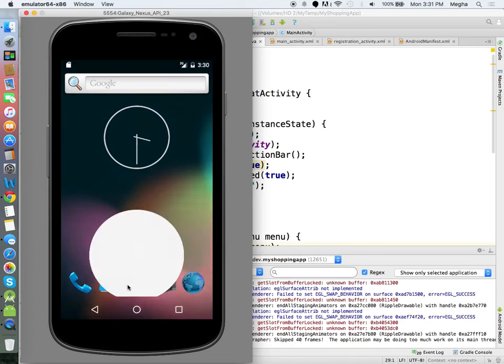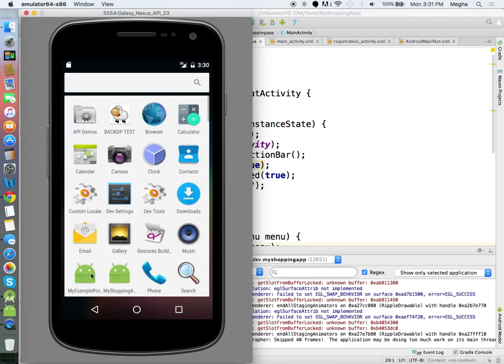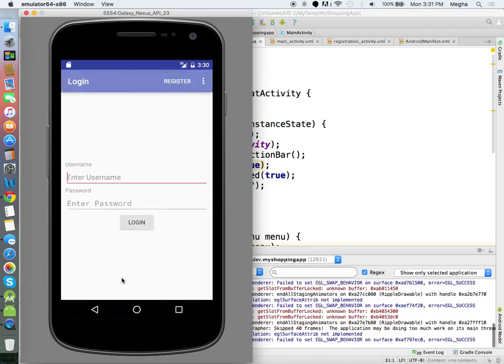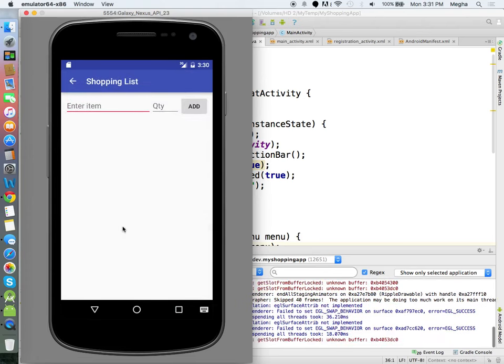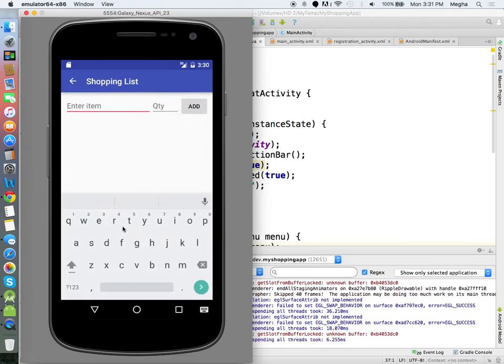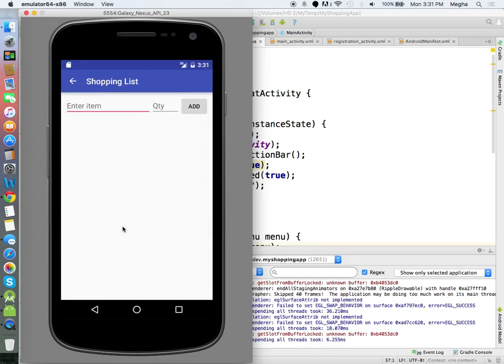Okay, so we have somehow created a user experience for our application. How am I going to handle the navigation? I have a login screen. I also have a registration screen. If the username and password authentication goes successful, the user will go ahead past the login screen. So this is phase 1.